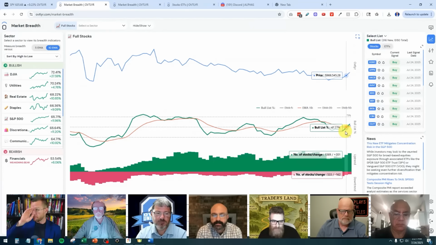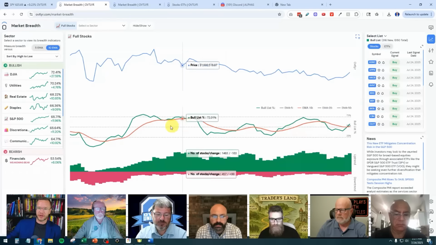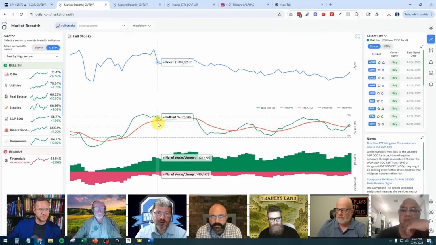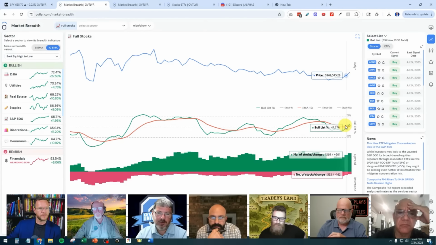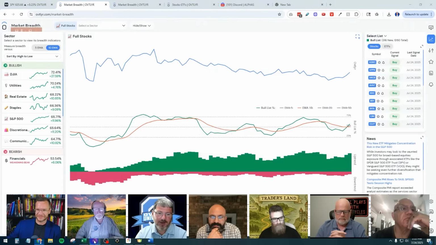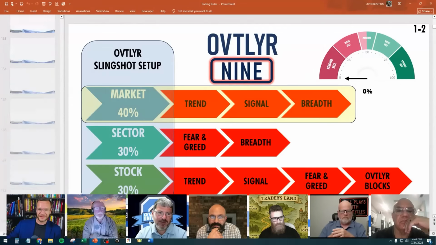Now, to that point, what is this measuring right here? What is the green line? It's the number of stocks with a buy signal versus the number of stocks with a sell signal. So if it's going up, the green line is getting further away from zero. It means we have more stocks with a buy signal than we did yesterday. Why do we care about that? Well, because we want to be in that picture you show us from the slides where everybody's saying buy, buy, buy, buy, buy. We want to be on that trend and not the opposite.